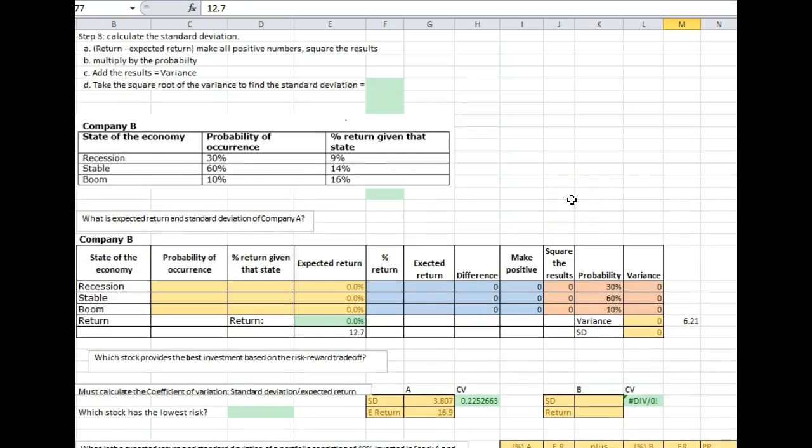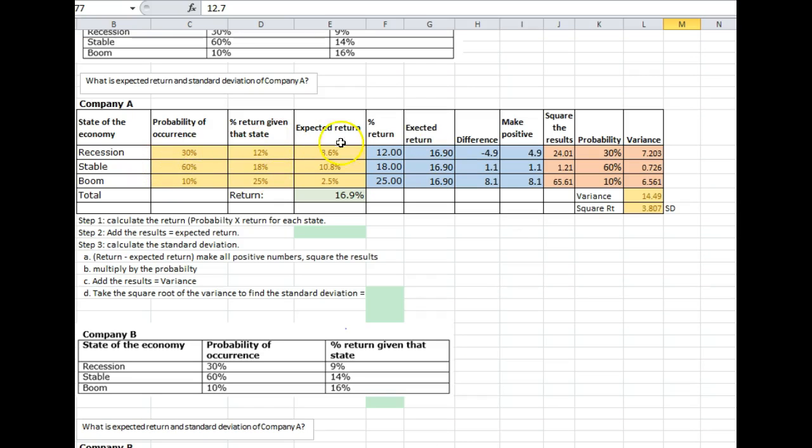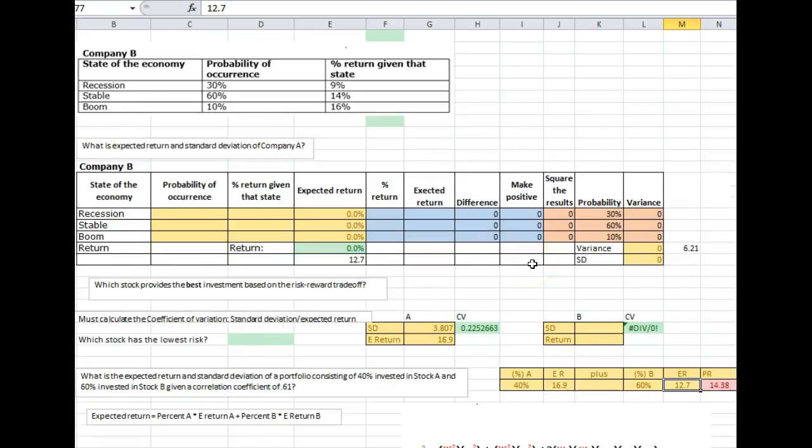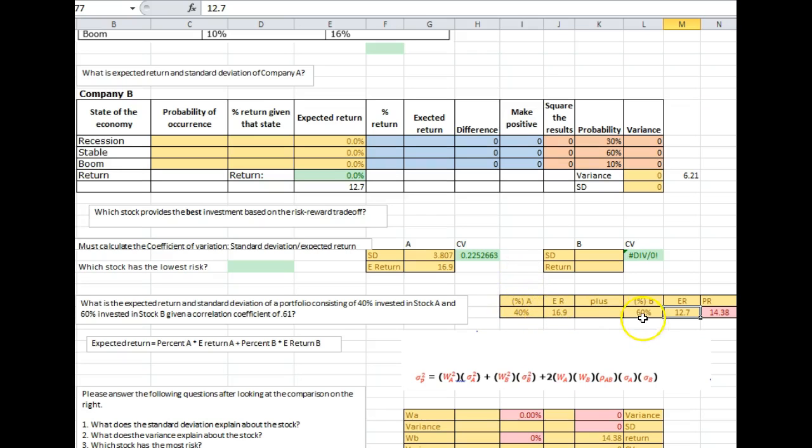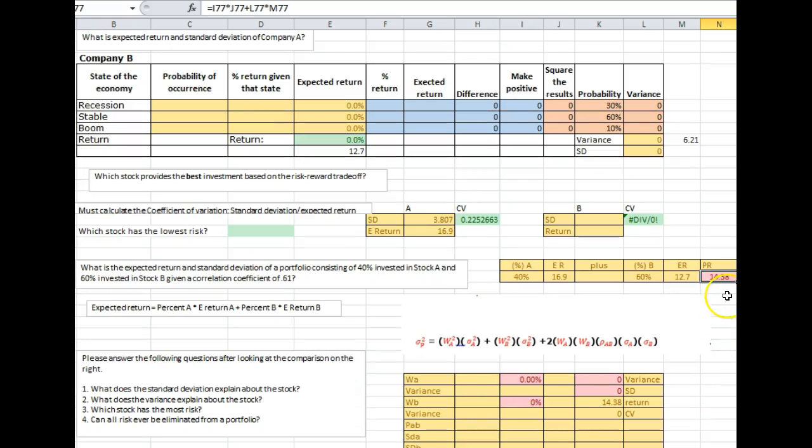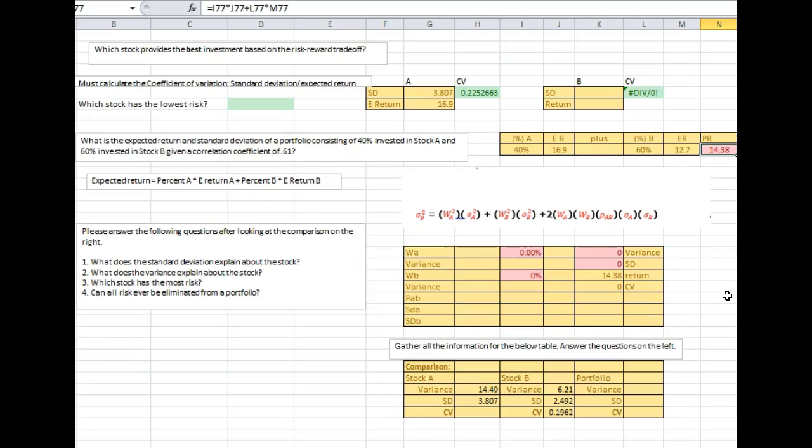Well, if I found the expected return here by multiplying these out and adding them together, I'm going to have the expected return of the portfolio. So that one I've given you, just hang in there. Now we have to do this formula. And this formula is interesting. It's not in the book, and I do give you a link to go look at it. What this is going to tell us